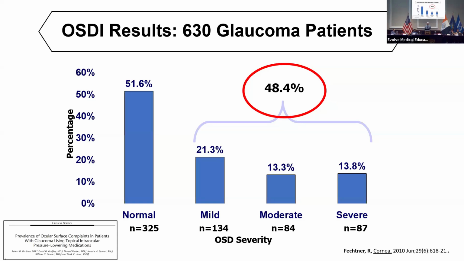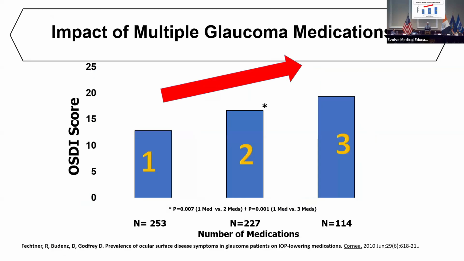Following the publication, Dr. Fechner looked at an expanded and larger group of glaucoma patients and found that the severity of OSD was quite prevalent from mild to severe stages in a glaucoma patient population, and also identified that the number of medications lead to an increase, at least in the symptoms. In this case, the study was using the OSDI survey score, looking at patients' symptoms associated with dry eye disease. And that, as we will see, is often related to the preservative load that is in our multi-use bottles and